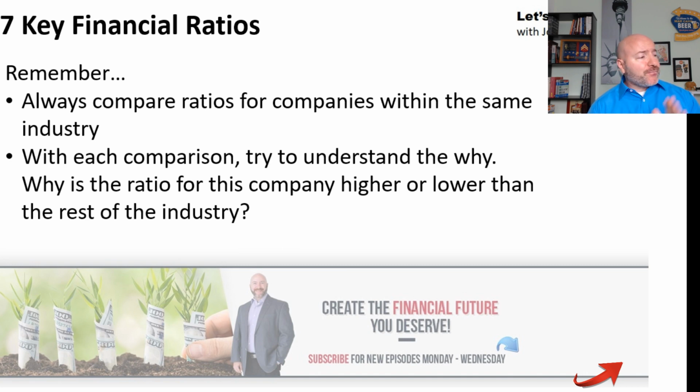So we're going to get into these, and while you're looking at these, I want you to remember 2 things. 2 things are critical when you look at these financial ratios that we'll talk about. First is that you always have to compare ratios or finances for companies within the same industry. Okay, and what I'm saying here is there's sectors of the economy